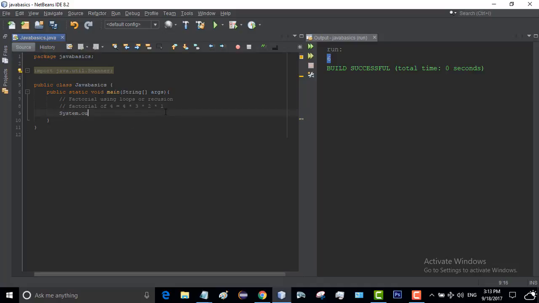Here we should say System.out.println, enter the number, and here we are going to receive the number, but before we do it we need to create an object of Scanner that is equal to new Scanner(System.in), and then int x that is equal to enter.nextInt. After that we are going to create the function that is going to get the factorial for us. Let's say that it's called static int fact, and it receives int x, and inside it we are going to